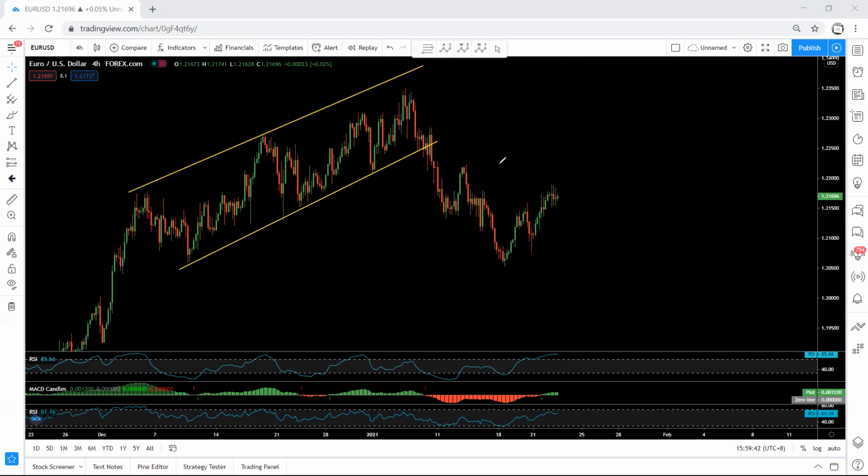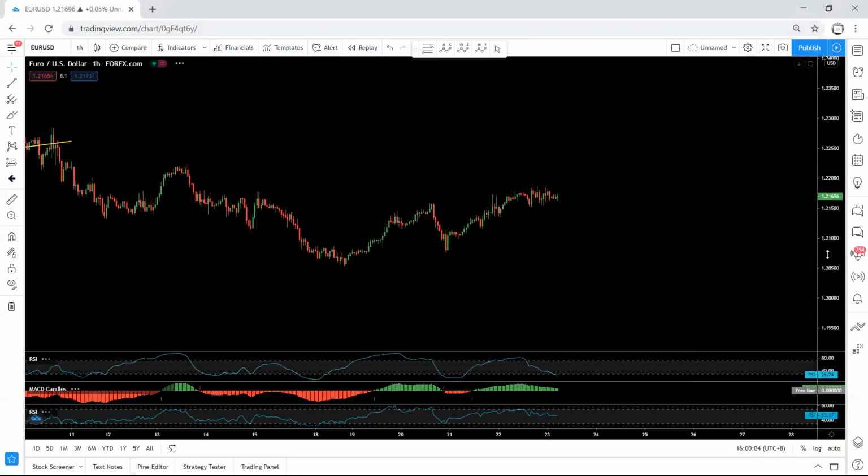Now the only thing is, whether this is the only correction and this is the start of the up move, or still we have a correction for the next move down. That's why we have a few different options. If we want to look for any trade, we need to see what we will get from here. Again, if I move to the 1 hour chart,